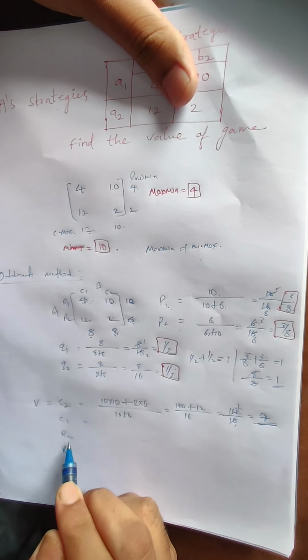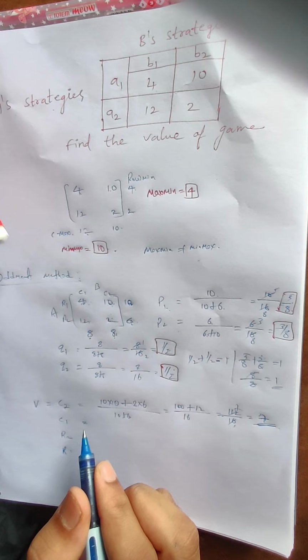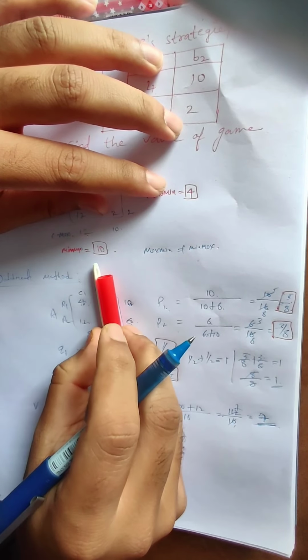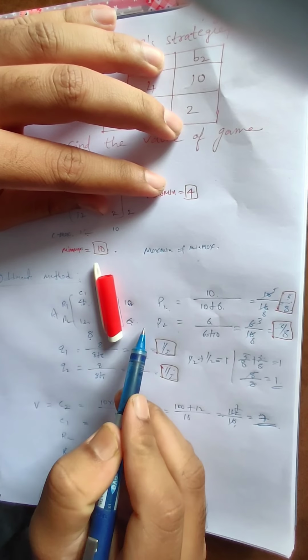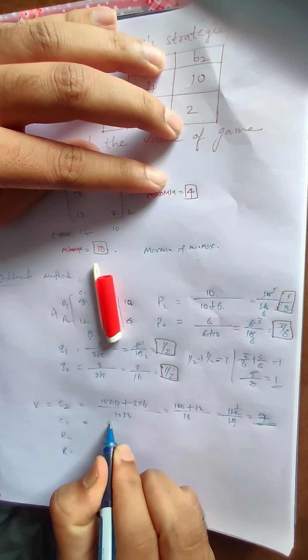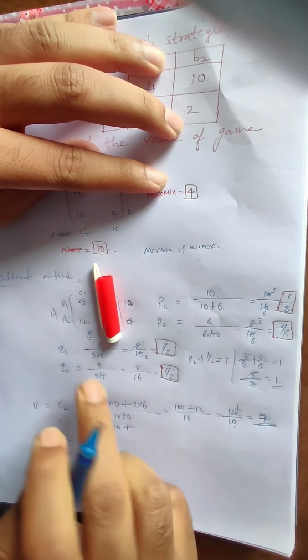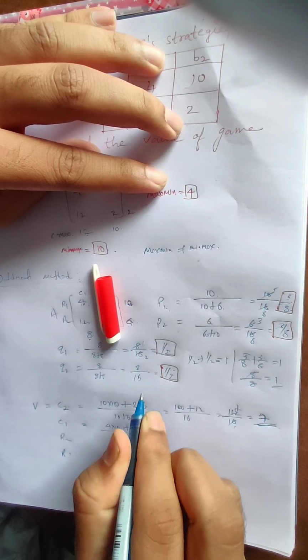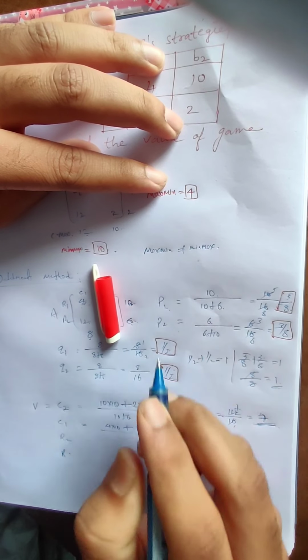Now what we can do here is, in the initial state we just ignored column 1, right? Now we are ignoring column 2. If we ignore column 2, what will we get? The values are 4, 10 and 12, 6. So out of those, the value is 4 into 10 plus 12 into 6, divided by the summation of the oddments, that is 10 and 6.